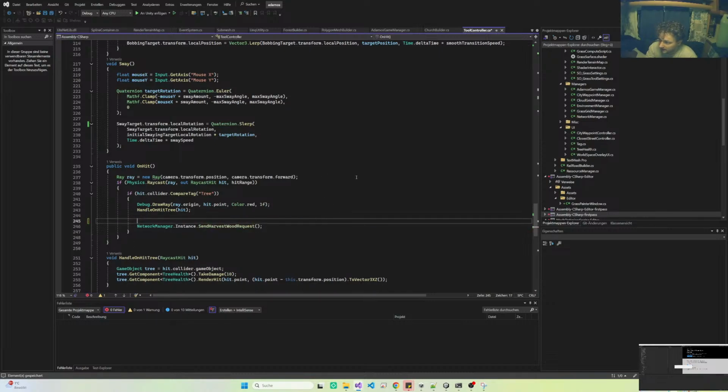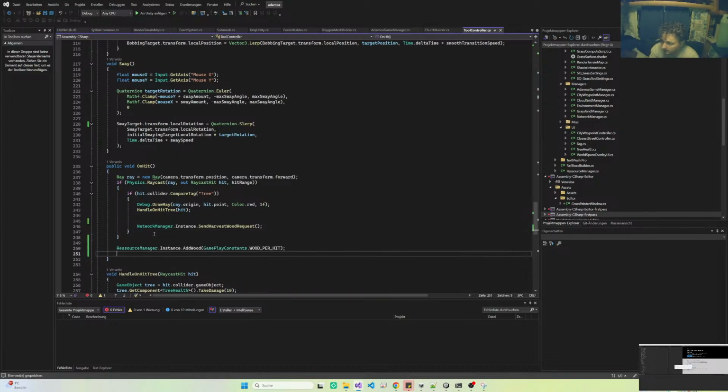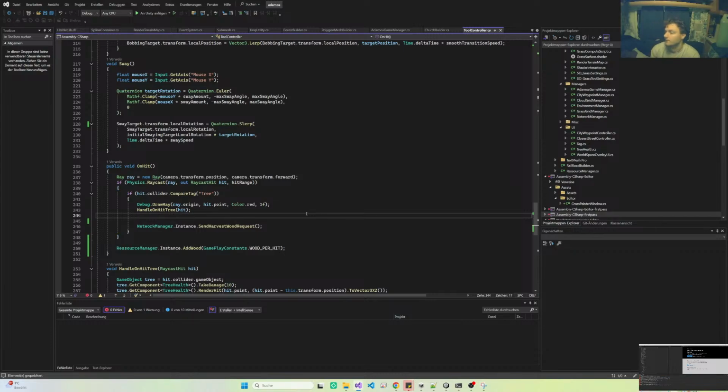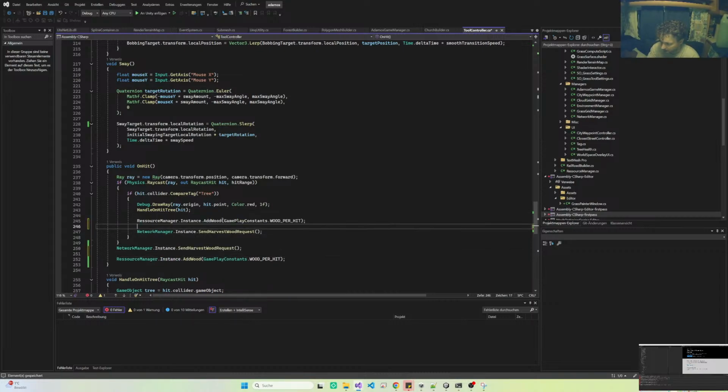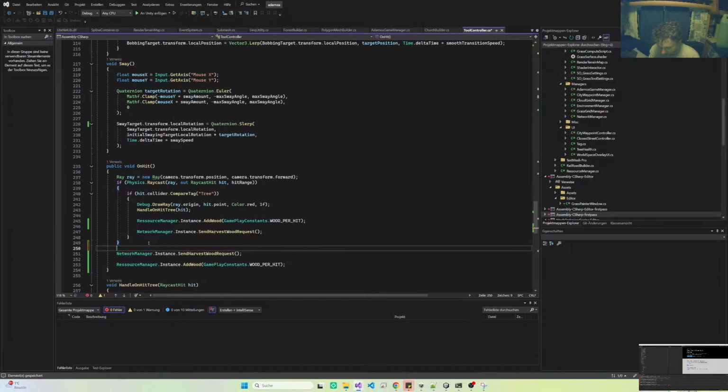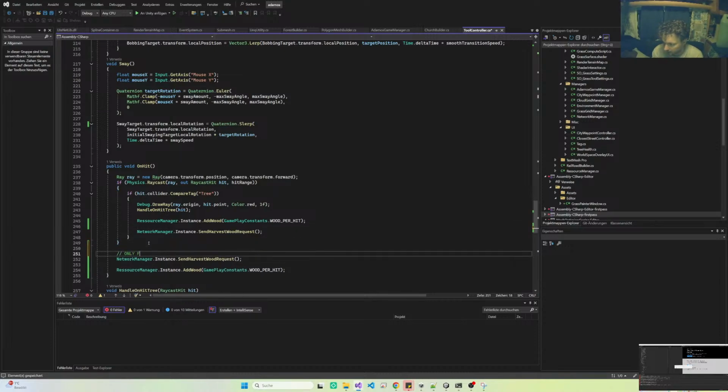What I should do is hit this always. Always add wood. Oh yeah, and send the request always. Only for testing server validation. Okay. So now,